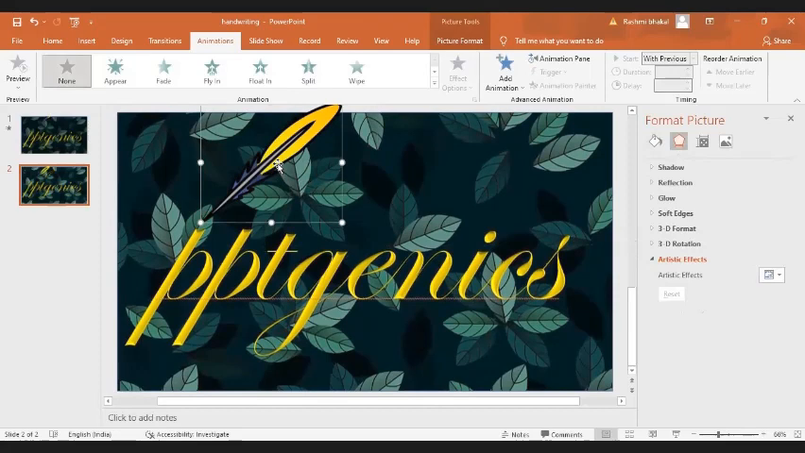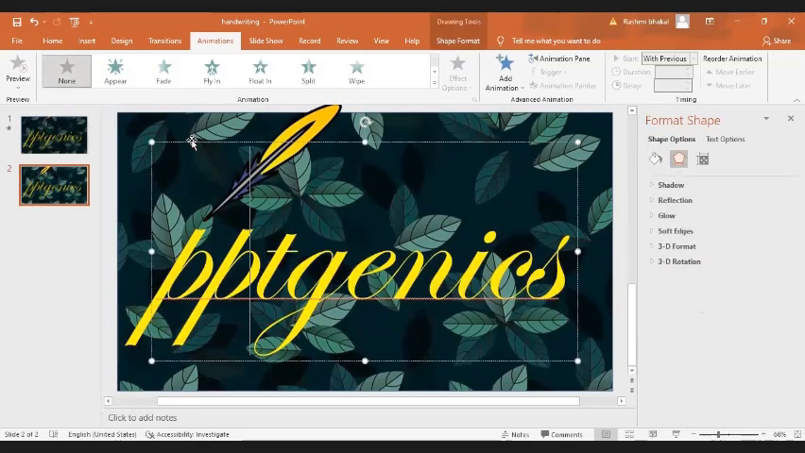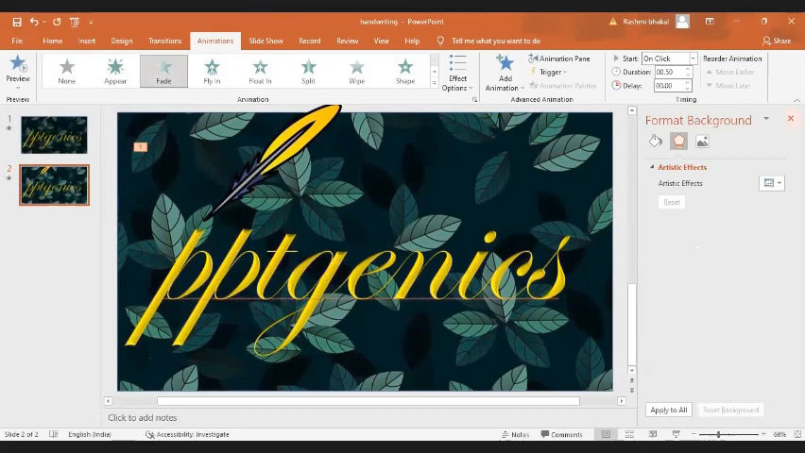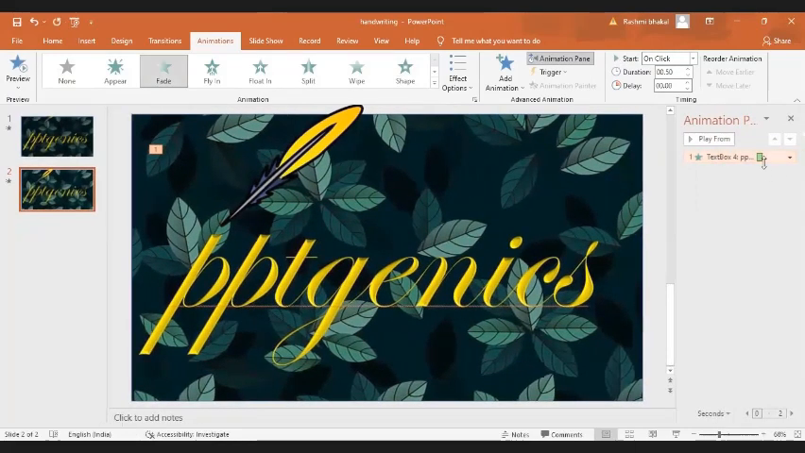In the next step, now we have to give the animations to the text and the quill pen. So here first of all let's give the animation to the text. Okay, so the animation that I'm going to give is the fade animation. All right, so let's open the animation pane. In the animation pane, we'll go to the drop down menu, start with preview, drop down menu, go to the effect options,